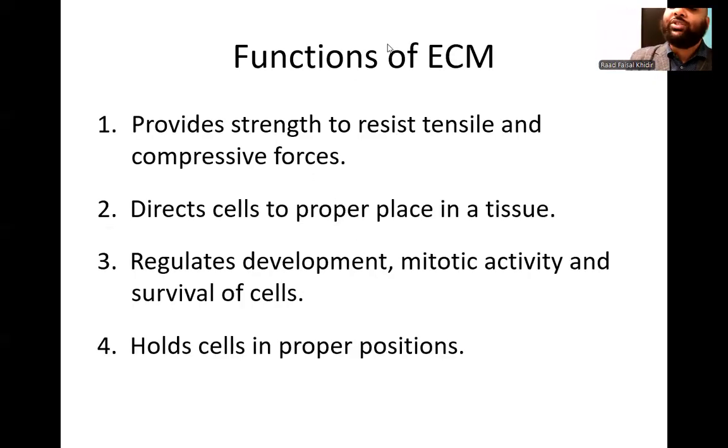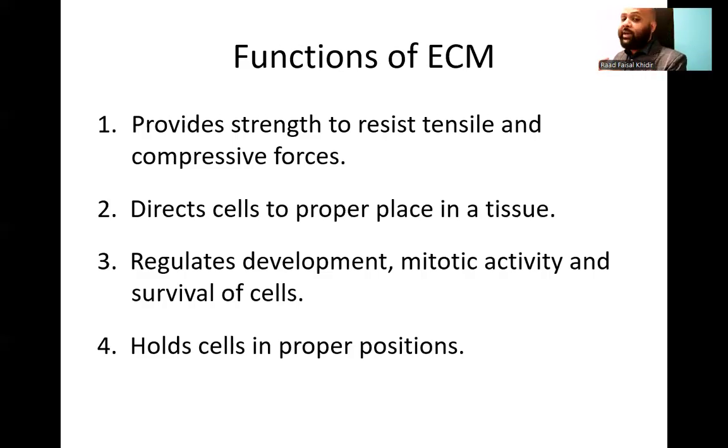So what is the structure and function of the extracellular matrix? The extracellular matrix provides strength to resist the tensile and compressive forces. So we need a scaffold. We need a steel girdle that protects the building. So we're going to need this extracellular matrix that protects the tissue from shock, that maintains for the tissue osmotic